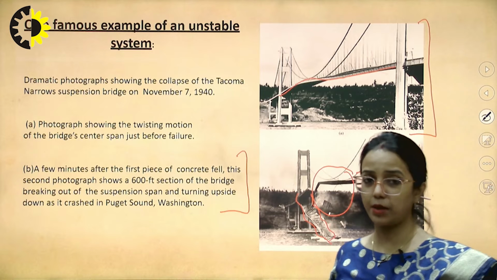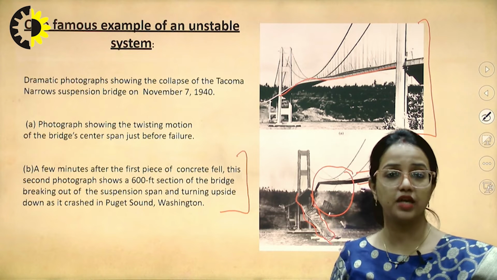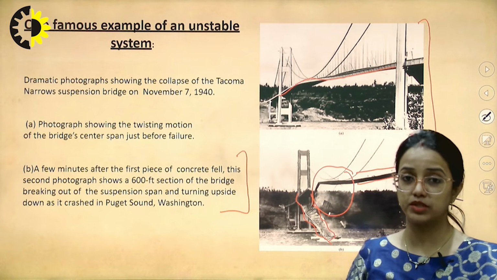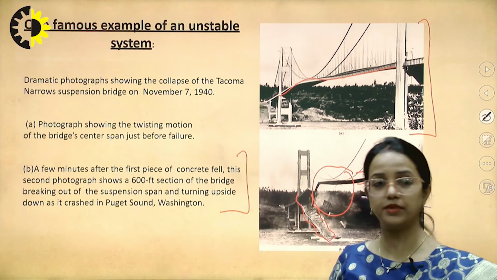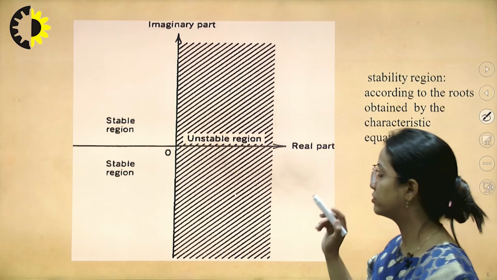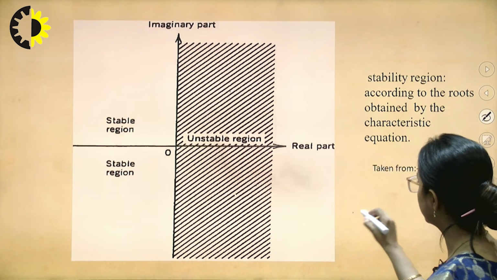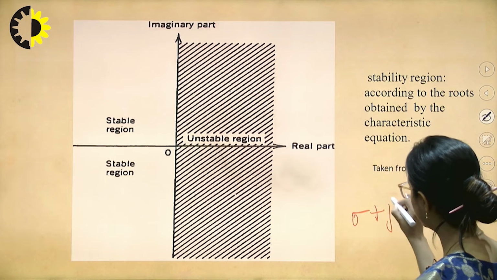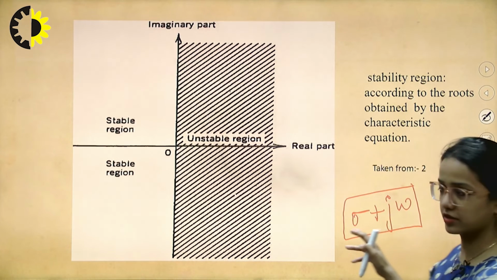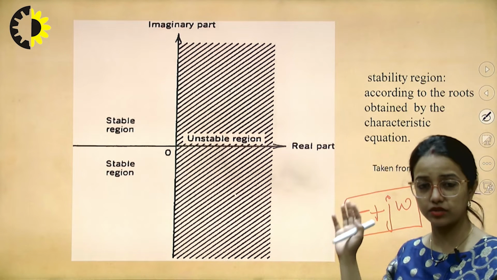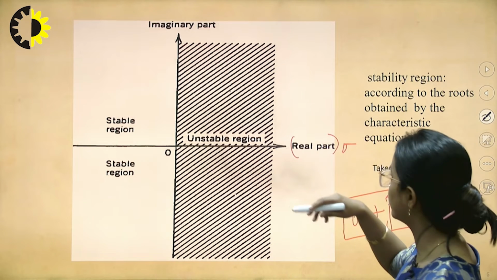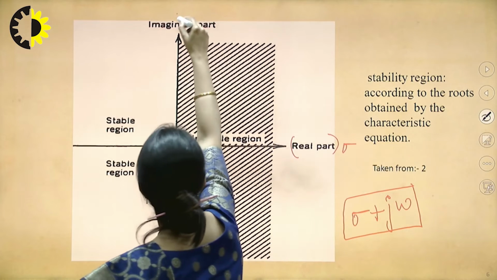So this is just an example of implementing the stability analysis and the stability prediction to a system. So we can study the different methods to realize and to predict the stability. Now next, we call it sigma plus j omega, the two vectors. Sigma lies on the real part, and omega is the frequency which is lying